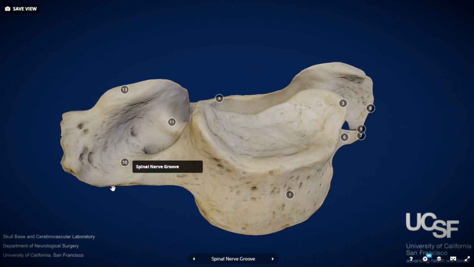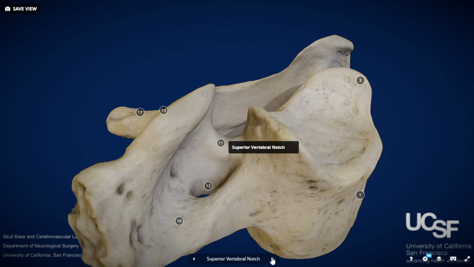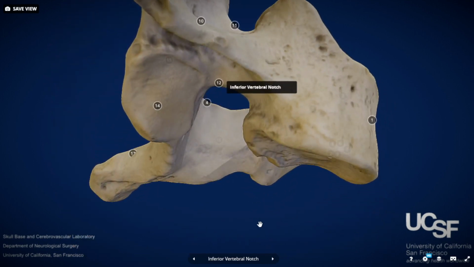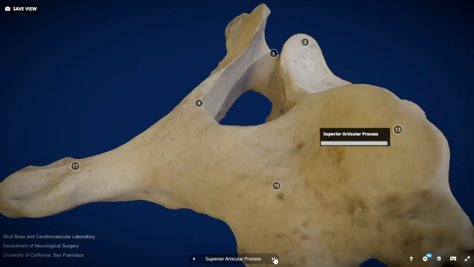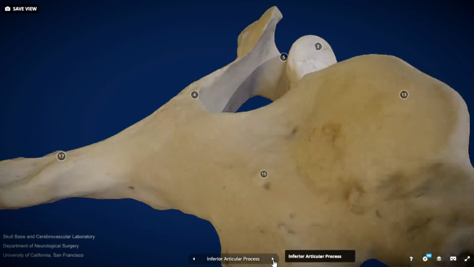Again, the intertubercular lamella is going to be the lateral limit of the spinal nerve groove. And if we move medially, the spinal nerve root is going to be coming out of the superior ventral notch. And at the inferior portion of the pedicle, you can see the inferior vertebral notch. Now, the superior articular process and the inferior articular